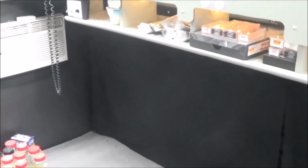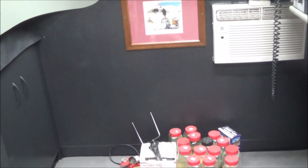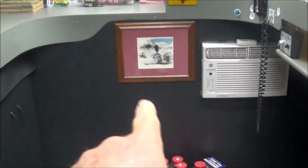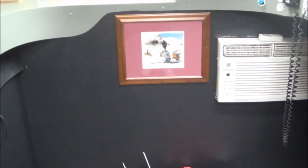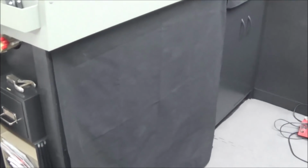Okay, gang, the first thing I want to show you is that I have repainted that whole wall. I restained the picture frame and moved the picture frame up and put it up with 2 screws so I don't have to worry about it falling. It looks like it's crooked, but believe me, it's level. I tricked it with a level. I came back over here, put on my back